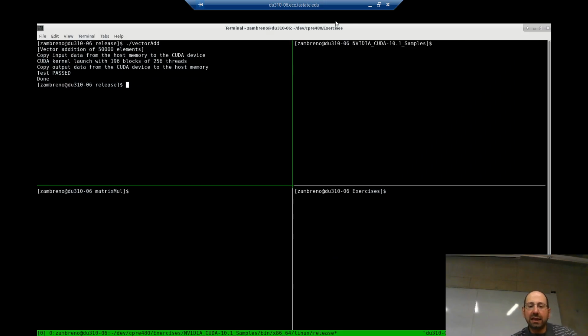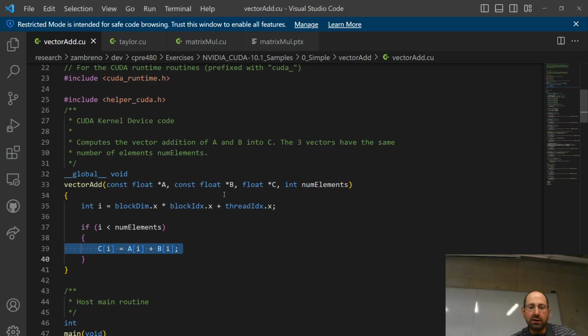And I skimmed over this part for now. Recognize that these are built-in variables. These are unique to CUDA and tell you the dimensions of the thread layouts we're spawning, as well as, for each individual thread, its own index into those dimensions.